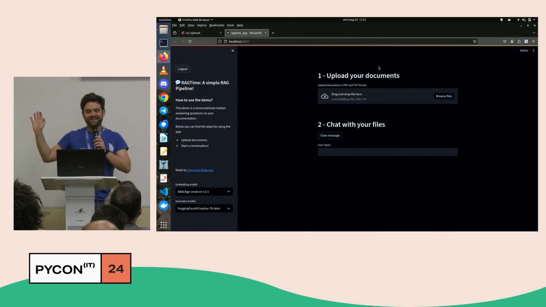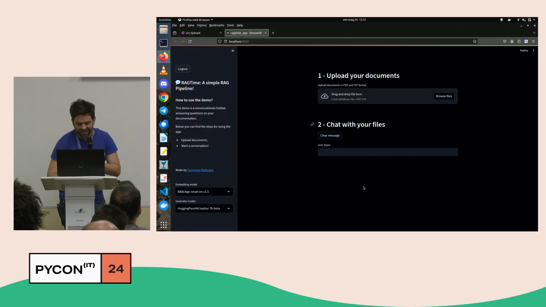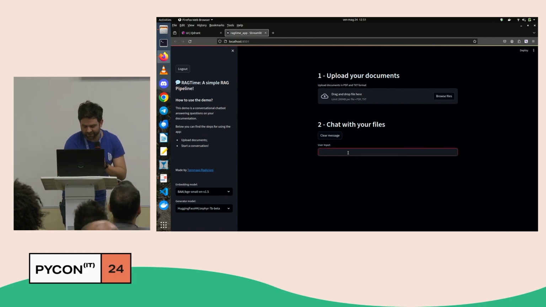Okay, this is RAGtime. I can ask, how can I charge my camera? I would like to charge the battery of this Canon camera, and there is no documentation here.